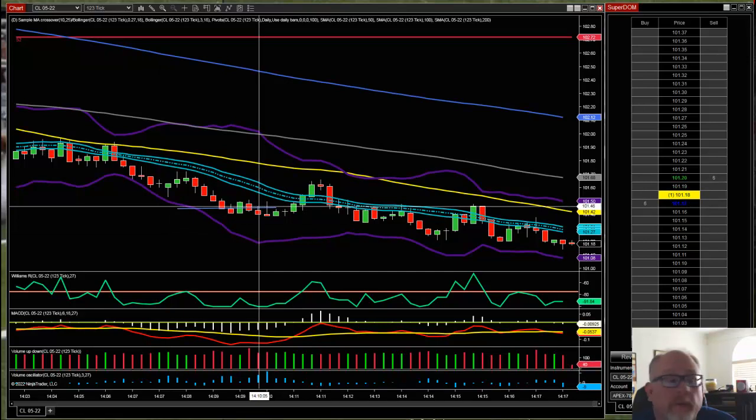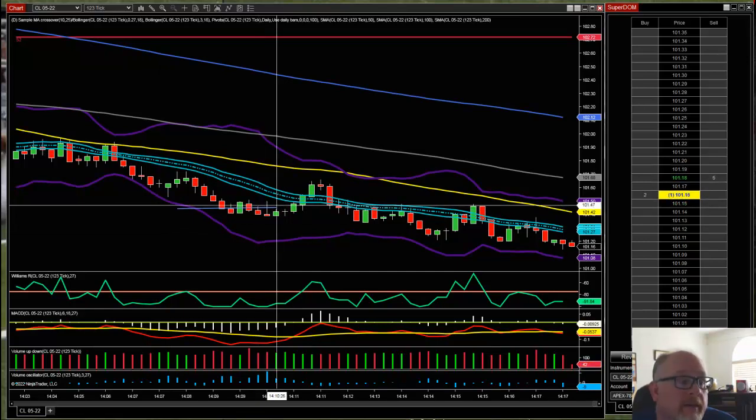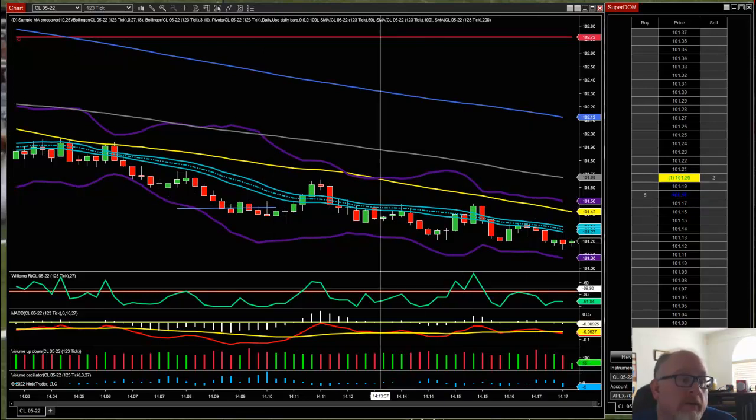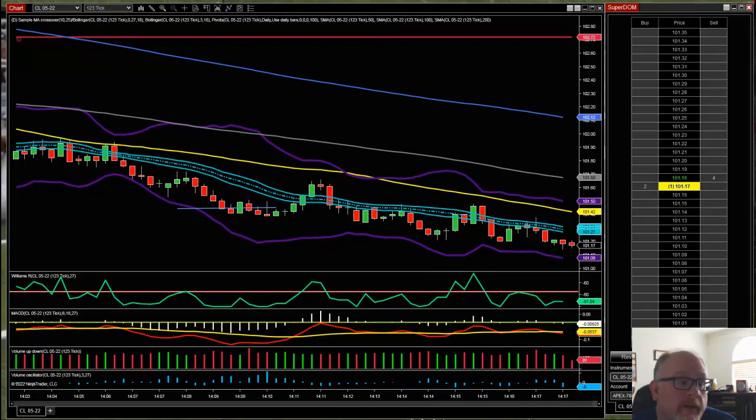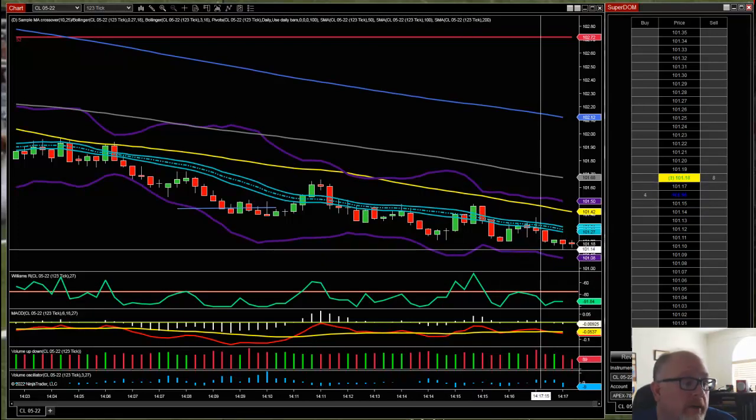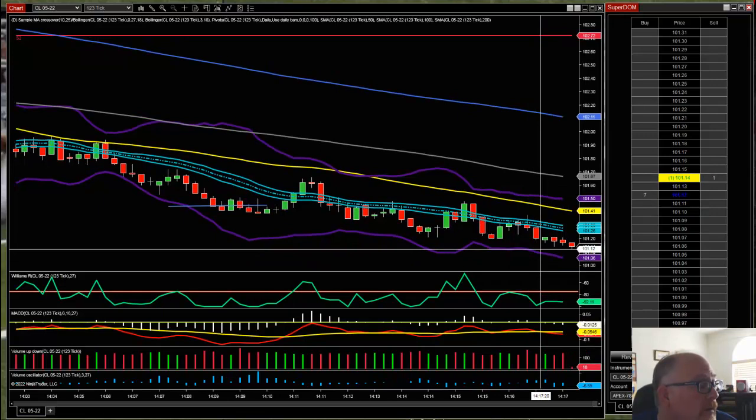That's a 2P target, and a 3P would be 10046. So there might be some room for a 3P move on one contract today. We'll see. A failure going to